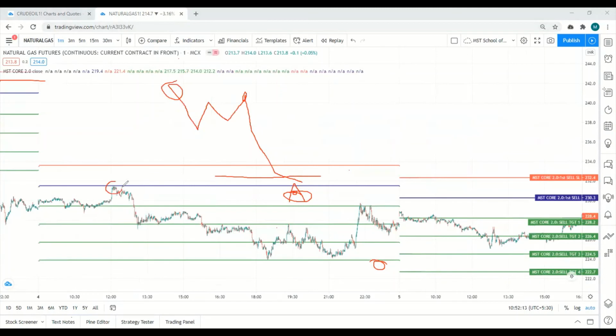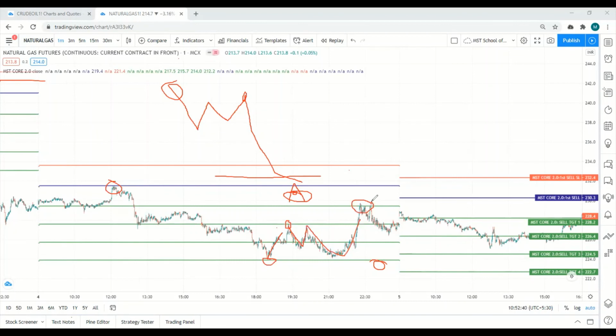See here. Exactly, this is the perfect thing. Exactly, sell activated, first target, second target, third target, fourth target, all targets done. See, after fourth target, look at the beauty. After fourth target, see how it exactly reverses. Not even 1 point is going down. Exactly target done, then it is reversing. Again, see here, exactly at our second target, it is reversing. So it is going in this way here also.